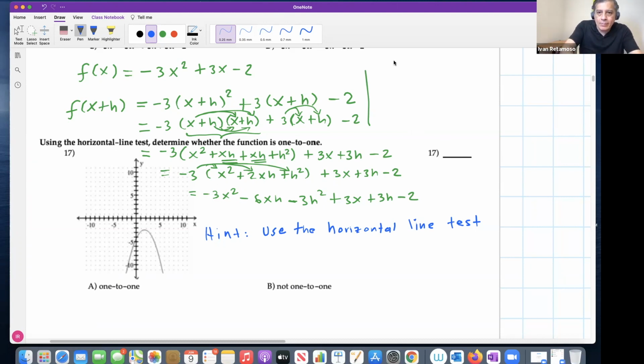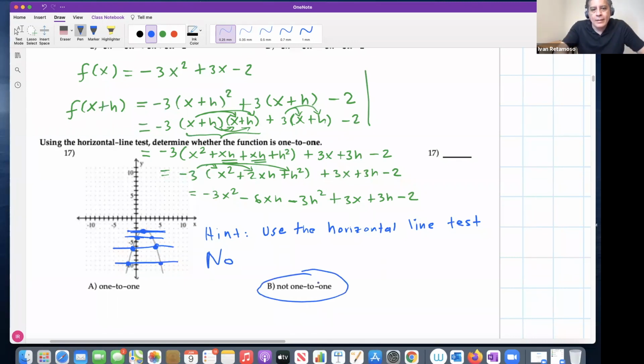Yeah, it's not one-to-one because when you apply the horizontal line test, notice that in general, it will meet the graph at 2 points, right? This function is 2-to-1, perhaps, but not 1-to-1. You may say, Professor, but if I draw my line right there on the top, on the tip, this is just 1 point of intersection. Yeah, but this is not what the rule says, right? The rule says that no horizontal line must meet the curve at 2 points. So we have a bunch of lines that are meeting the graph at 2 points. So this, no,